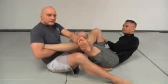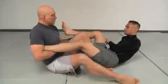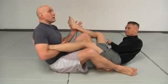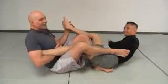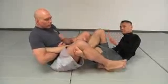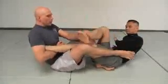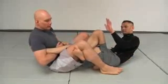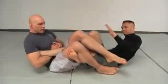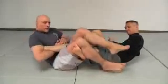This is easier than it sounds because you don't have very strong muscles to move your leg out to the side. Your abductors aren't very strong. So I move it across, and then I bring my leg over. So the leg that was on the hip lifts up, crosses over his ankle. Now if I want to make this totally pimp, I bring my other leg over top here too,